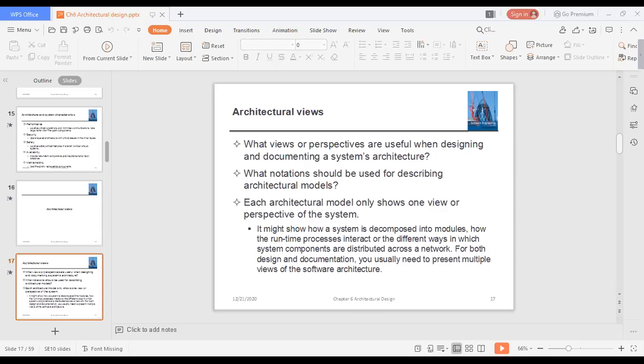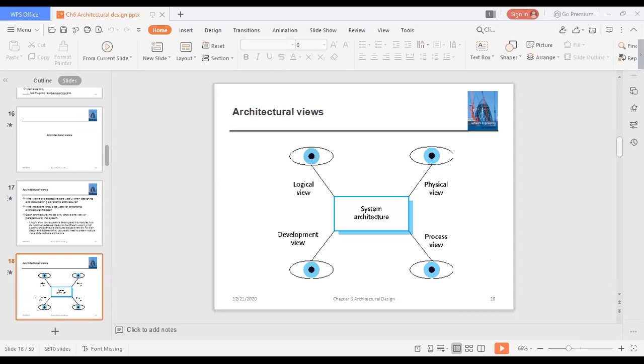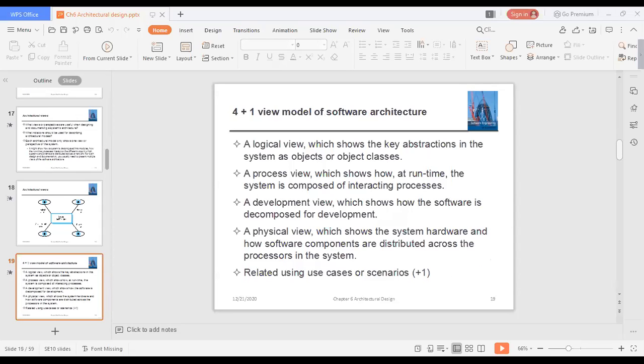The customer has their own view and the developer has their own, what we call it. If we look at the architectural views, there is the physical view, the logical view, the development view, the process view, okay, that can be viewed in these all four views. And there is another model, view model, what this is sometimes called the 4+1 view model of